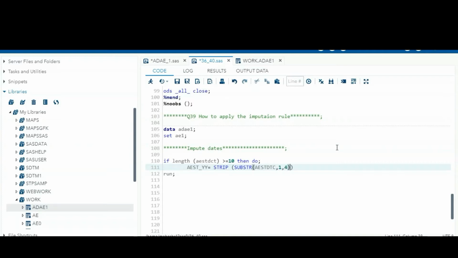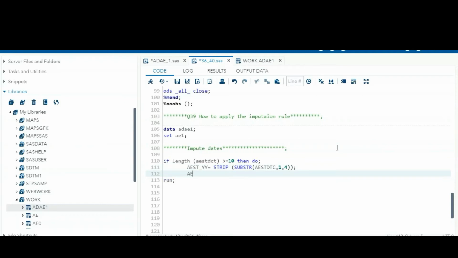If it contains the time part also, we can use this one, because if the time part is present for the particular adverse event, AESTDTC contains both the date and time part, even though we are picking from the first letter to the fourth letter. Four letters means only the year part. The year part is separated